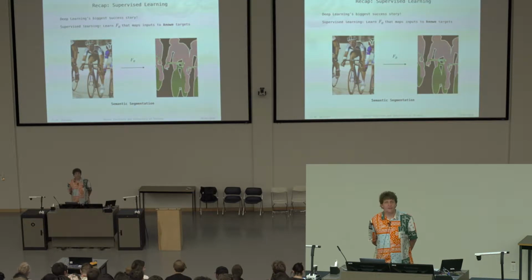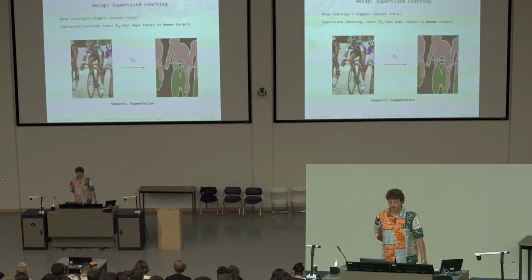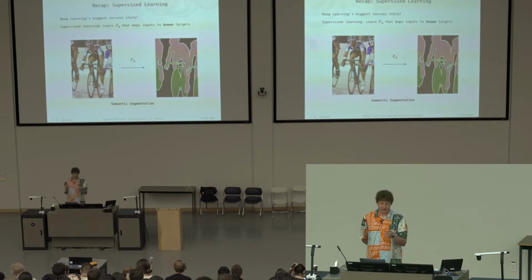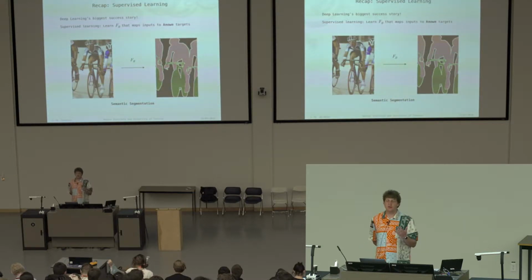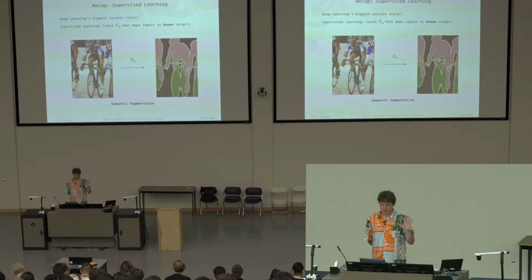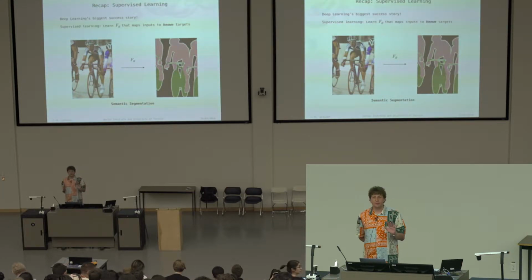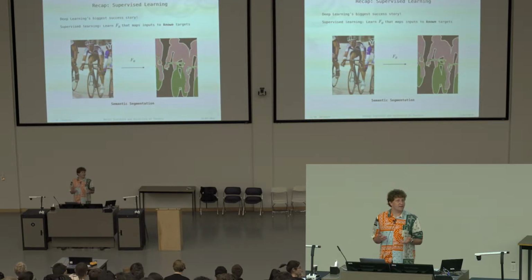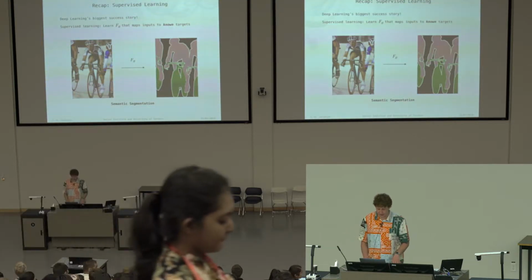Another example is semantic segmentation. Here, that's basically a classification of the single pixels. So you want to essentially have a network that gives you a semantic grouping of the pixels. Here, one semantic group would be the background pixels. Another group is the pixels that are actually the cyclists. Another group would be the bicycles themselves.